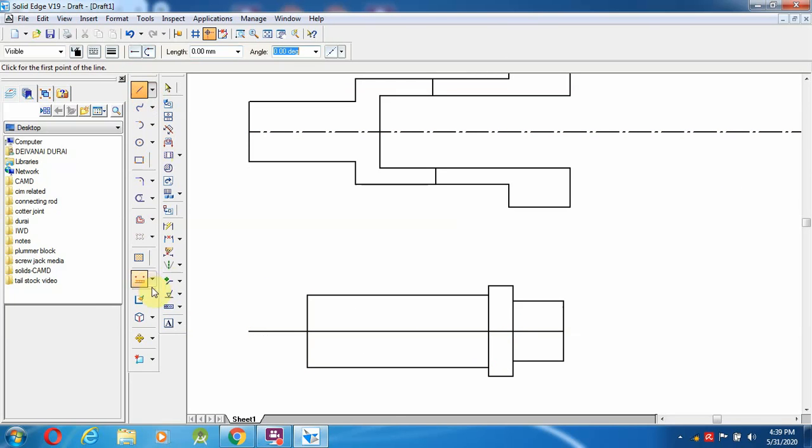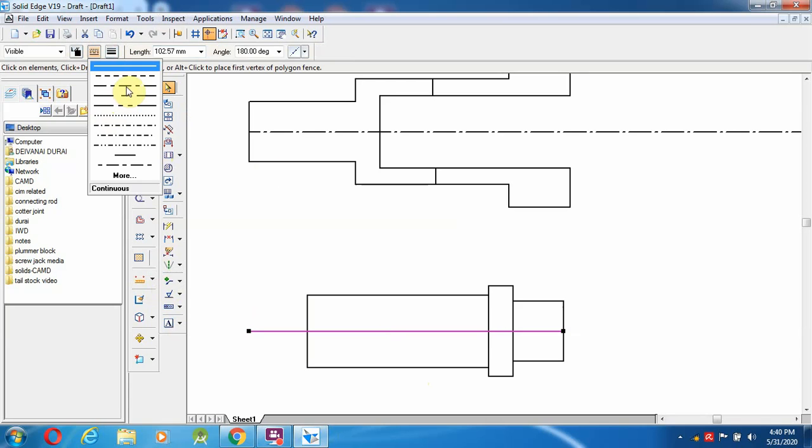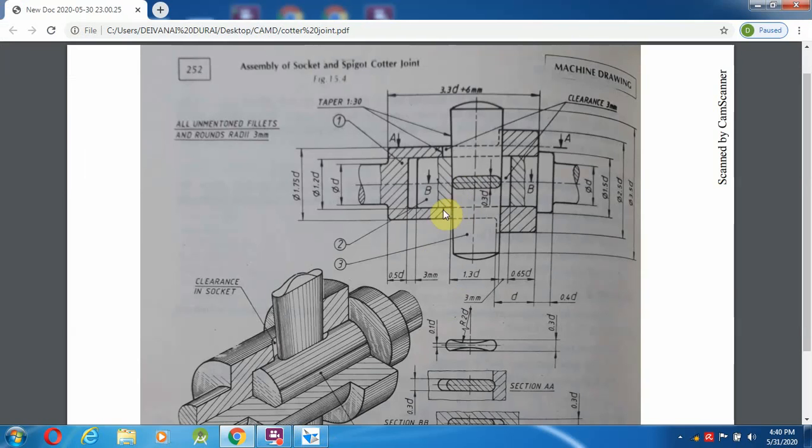After that select this mid one like an axis line. Okay, after completing this, what to do for the next step? Once this is over, now I am going to find the distance from here to this line.